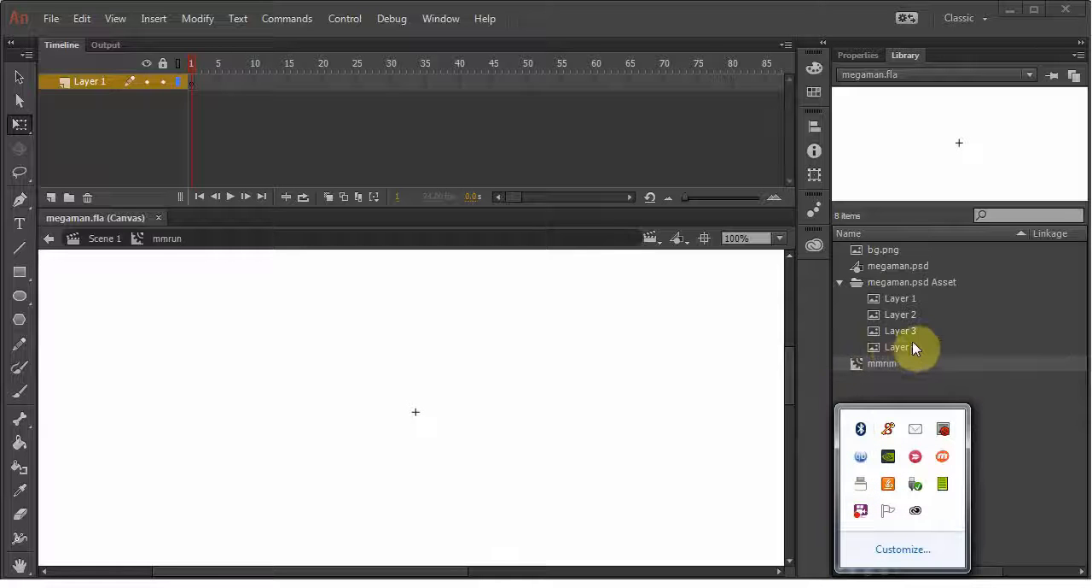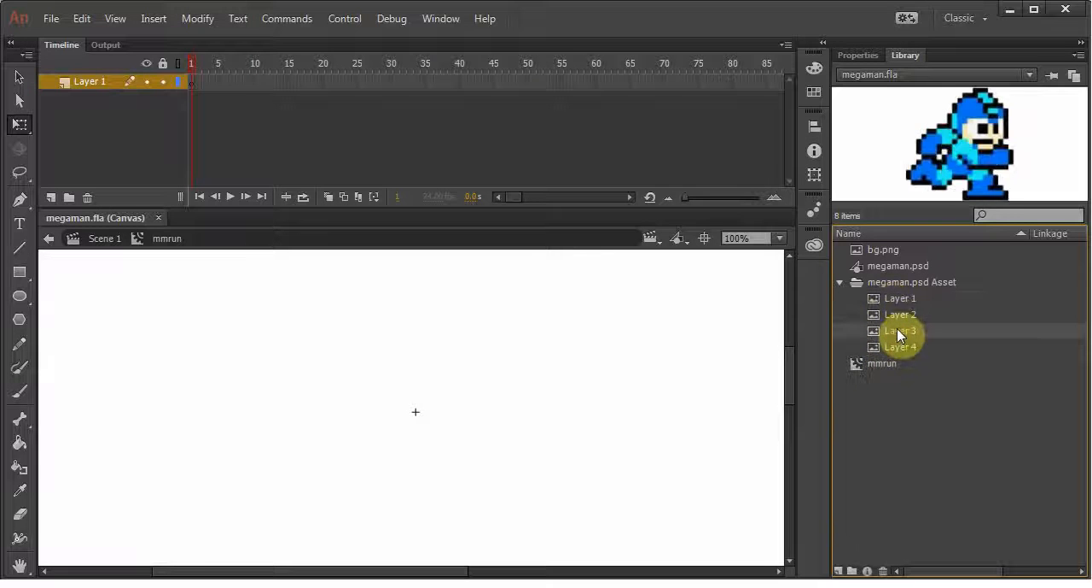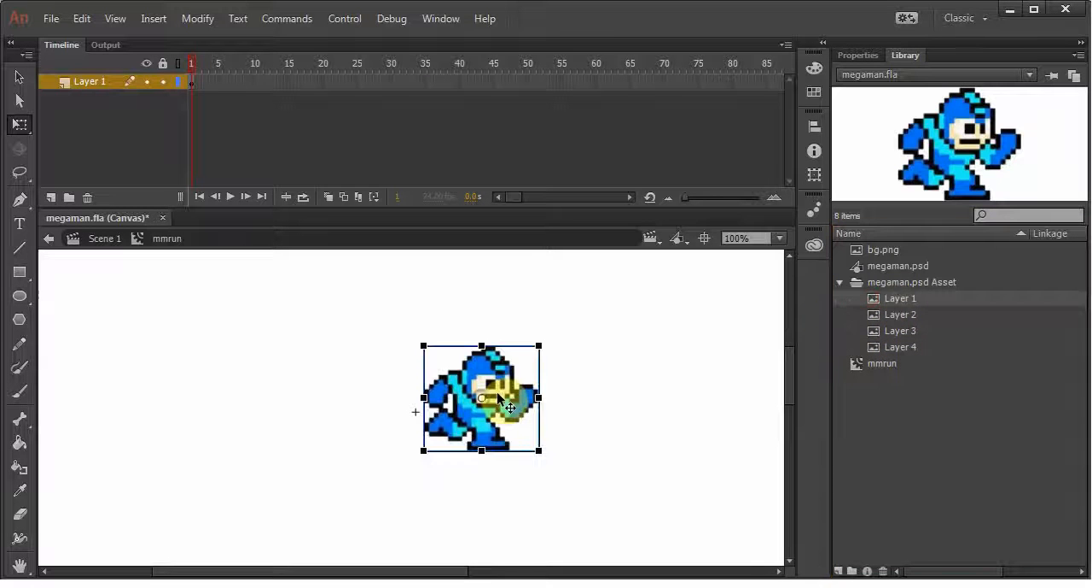Anyways, this is how you want to animate him running. So we got these 3. That's what I want to use. I don't really want to use this one because that's him jumping. So I'm going to click and drag it out. And just to help me line it up,